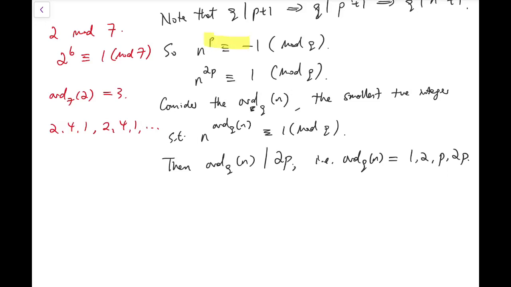But one very important thing is that n to the p is congruent to -1 mod q. So we cannot have factors of p to be the order, or else it will violate this statement. So for example, if n is already 1 mod q, then n to the p should also be 1 mod q. But q is at least 3. In this case, q is